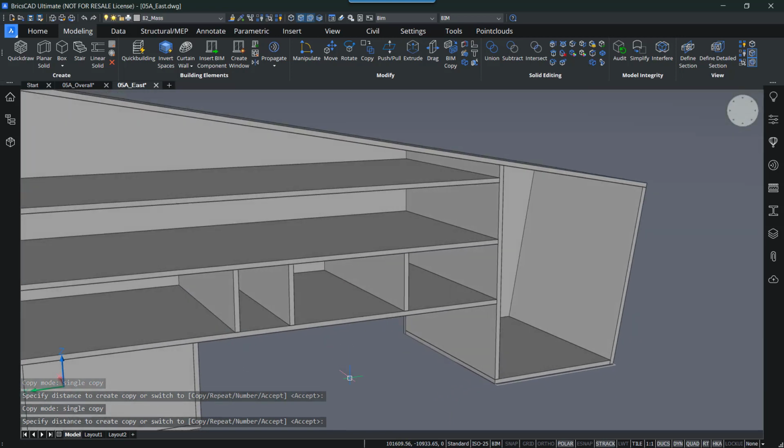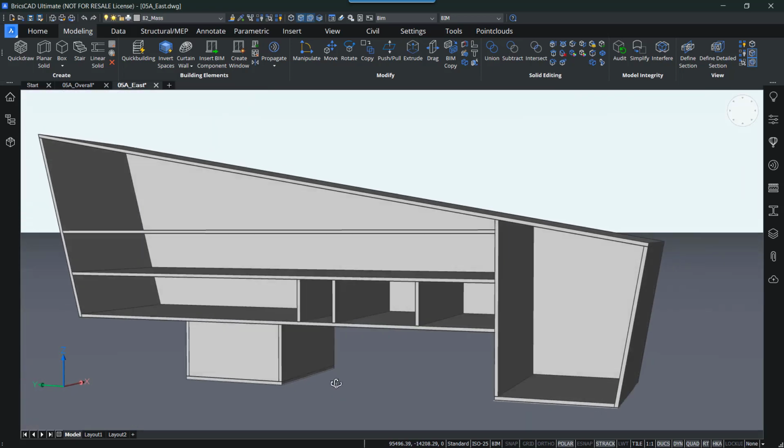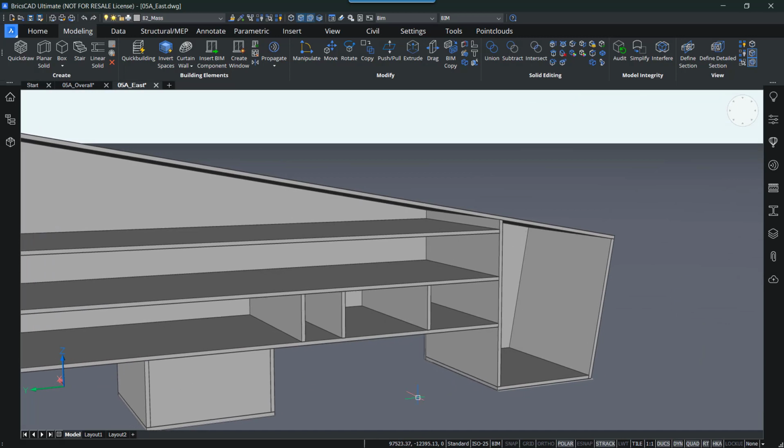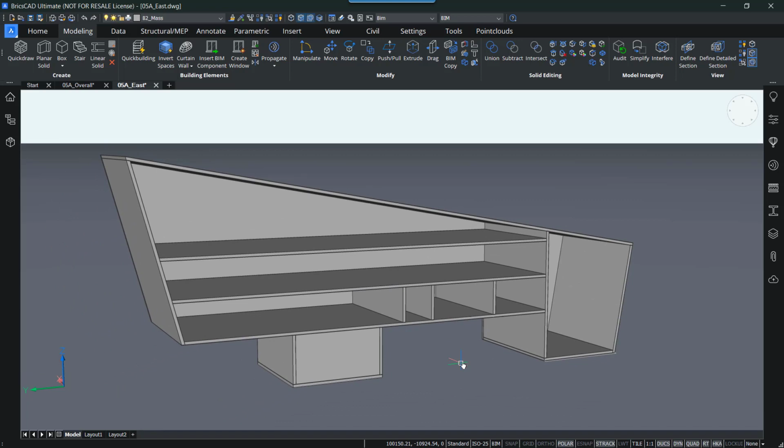So like this you can copy sections of walls in a perpendicular situation. So like this you can create some more interior walls. So this was a little bit of how to quickly model a building from a mass and use direct modeling tools to add in more and more detail in your geometry.